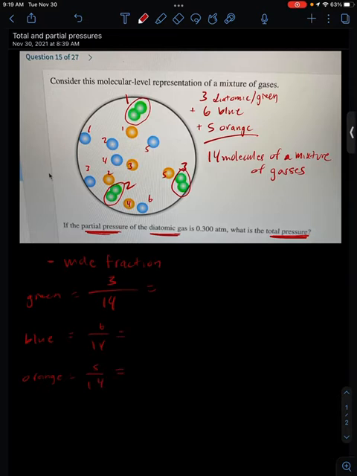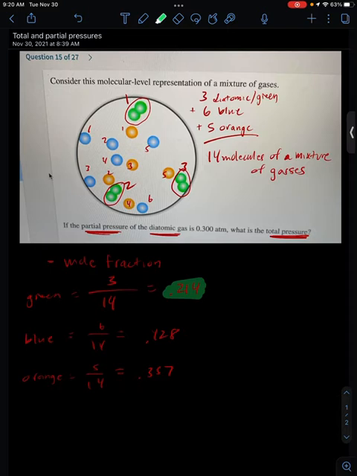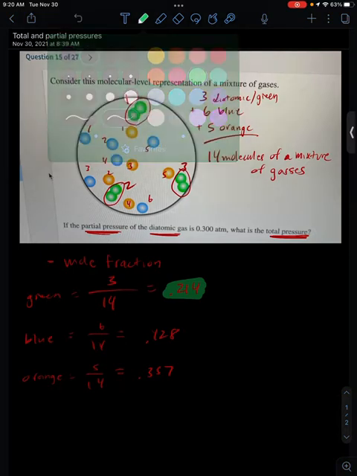So we'll figure out the mole fractions like this. 3 divided by 14, 0.214, 6 divided by 14, 0.428, 5 divided by 14, 0.357. So we figured out all 3 of those, but we're only concerned with the green one at this point. So what we can do from there to figure out the total pressure is